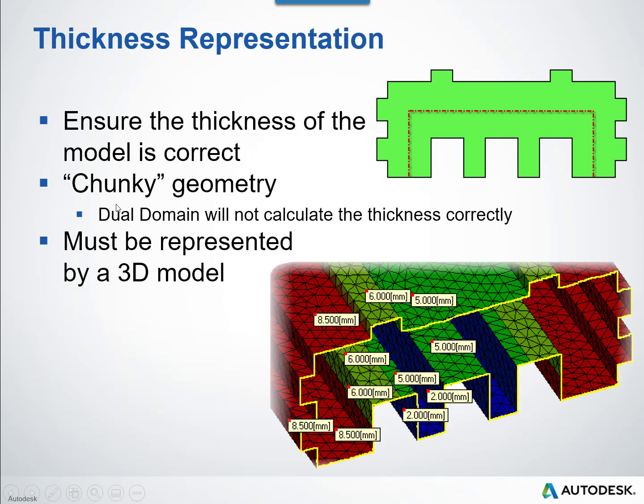This is the most important slide, which helps in differentiating which type of mesh I should go with. Particularly if you have a geometry, even if it is a thin wall geometry, with a lot of features, it's not possible to capture that representation of the top, that is core and cavity, which is needed in dual domain and midplane as well. Well, if you don't have parallel walls, you're not able to capture the midplane, and so in dual domain you're not able to get the